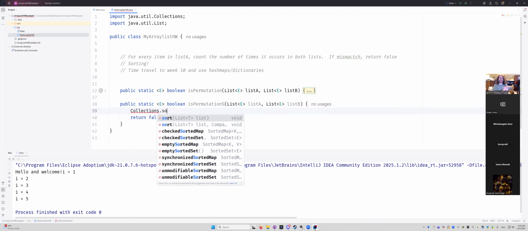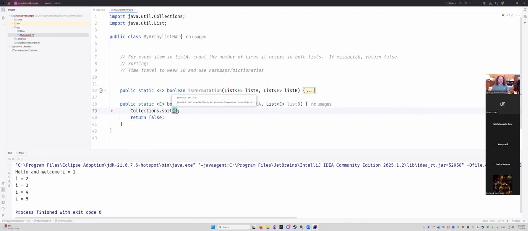And look at that. It says, hey, you just need a generic type. It uses T instead of E. I'm sure that's not going to be an issue. And what that does is that it does an in-place sort. It doesn't return anything. It says, given list A, I'm going to sort list A. Well, that's odd. I mean, it's expected on my end, but